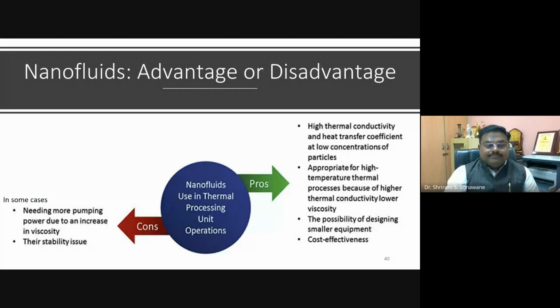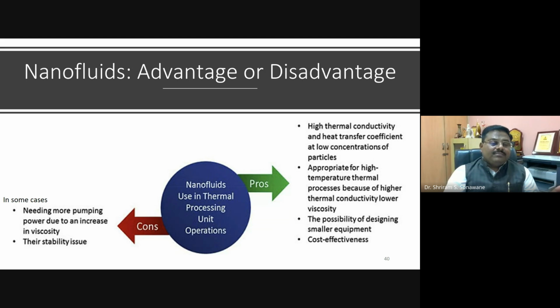High thermal conductivity is a very important parameter which allows us to use it in heat transfer applications, and heat transfer coefficient at low concentrations of particles is appropriate for high temperature thermal processes because of higher thermal conductivity, lower viscosity, and the possibility of designing smaller equipment, because thermal heat management is a concern, and we can have that thermal management of heat through smaller equipment also by incorporating nanotechnology or nanofluids into it. Cost effectiveness,